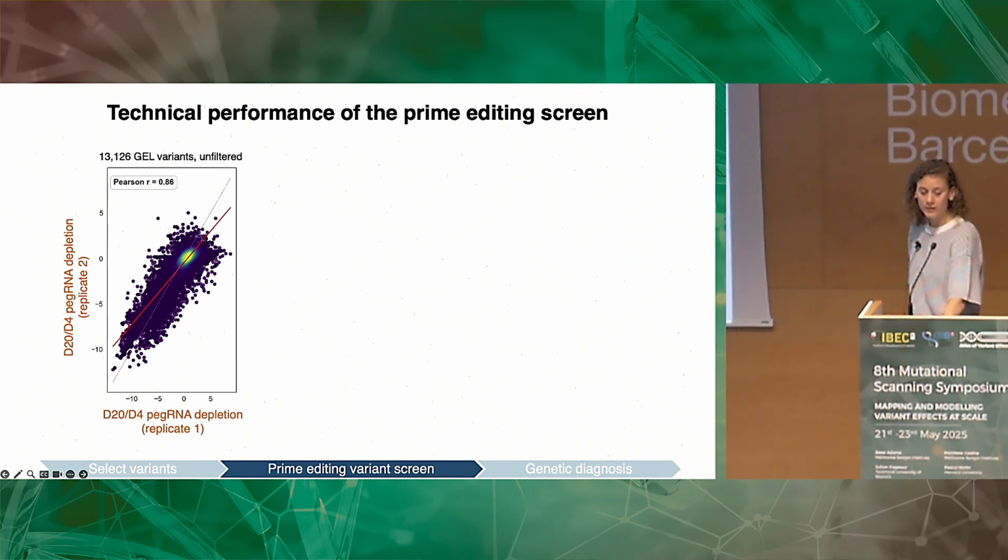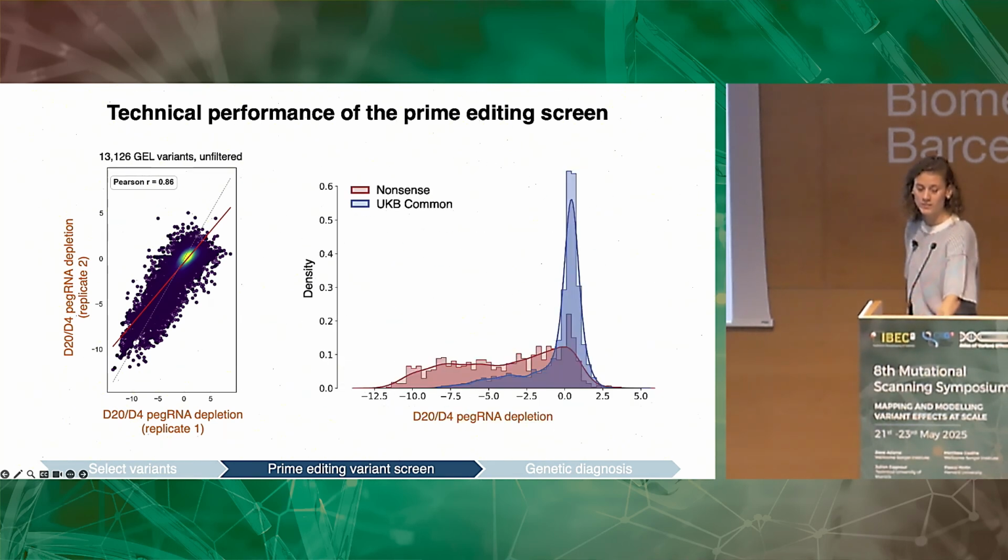And we use nonsense variants as positive controls, which should deplete over time if they are successfully inserted, and common variants as benign negative controls that should remain stable. And it's encouraging that we see some nonsense variants dropping more than common UK Biobank variants. But here I'm just showing